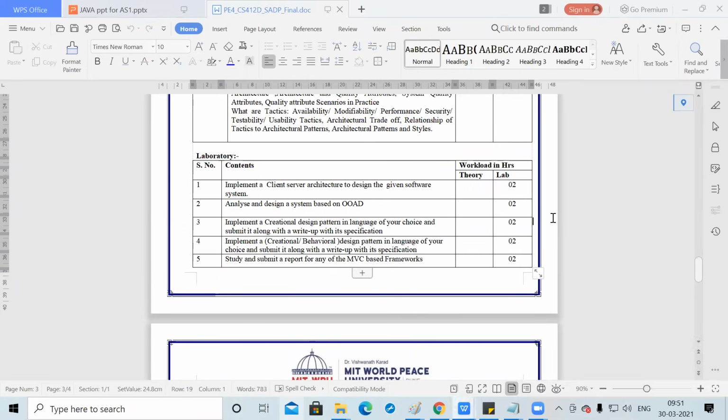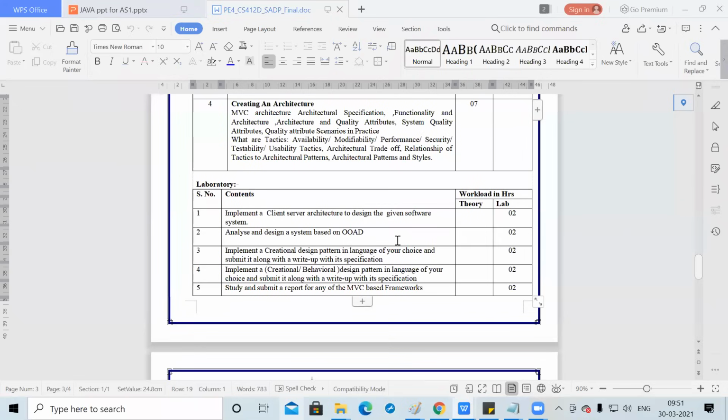The next assignment is based on studying and submitting a report for any MVC based framework. You can generate a report on any particular MVC based framework you choose to use. So considering all 5 assignments, today I'm going to focus on assignment 1, which is the client server communication.